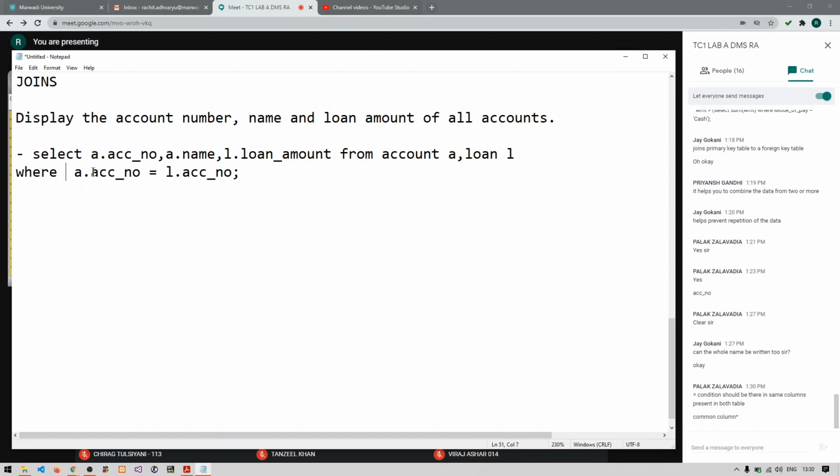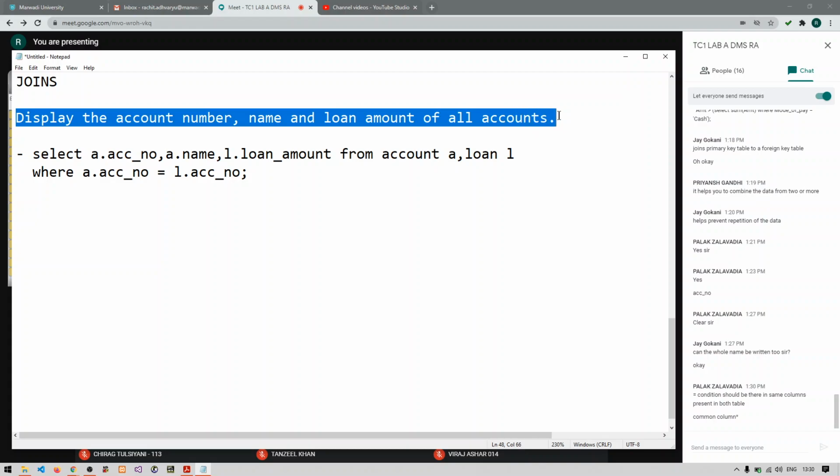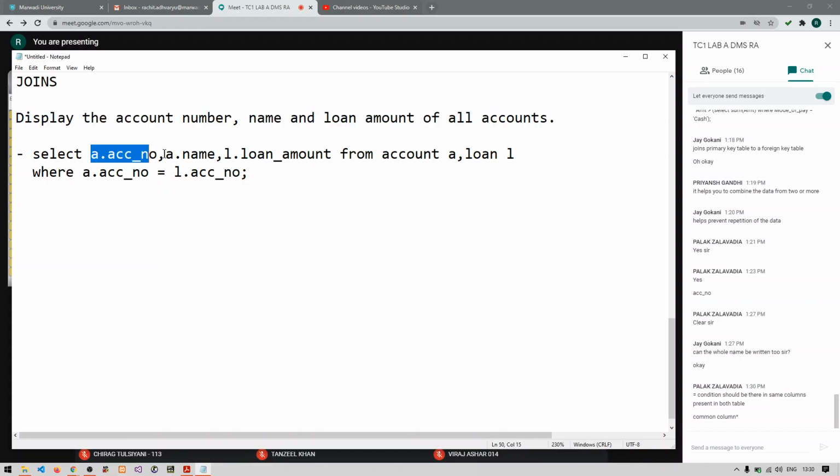Clear, guys? So this is what your query will be. This is the answer of the above question: display the account number, name and loan of all accounts. So we have got the data from two tables, loan and account. We have represented them by a variable, and then we are giving the default condition of comparing the common columns of both the tables, right?